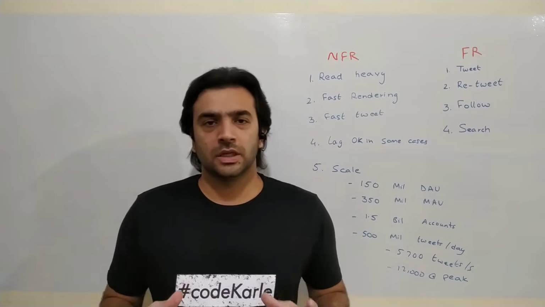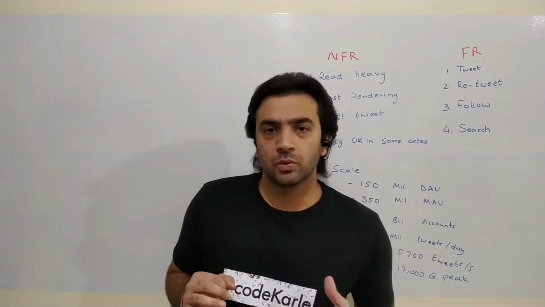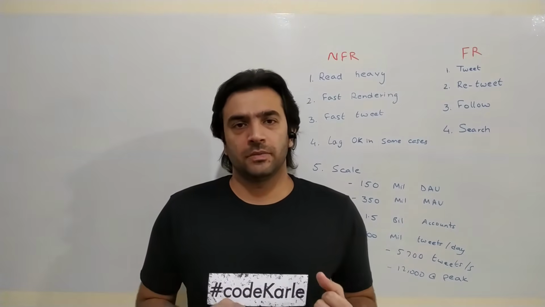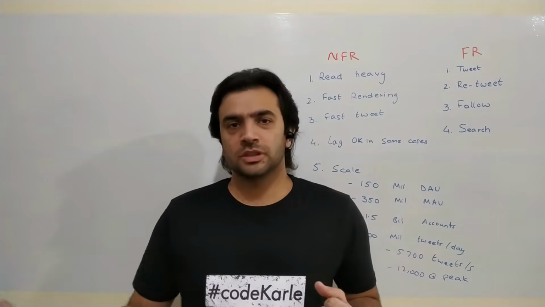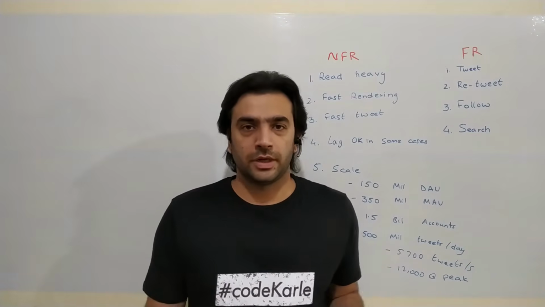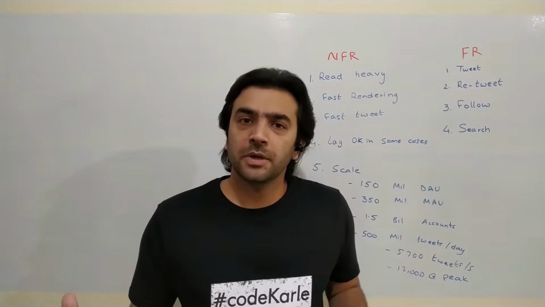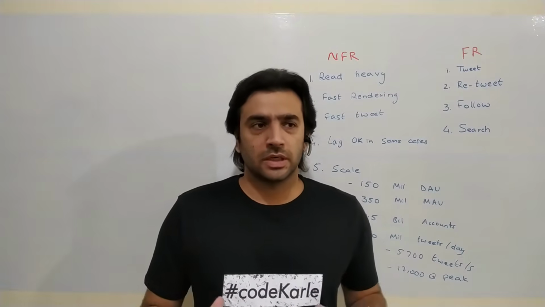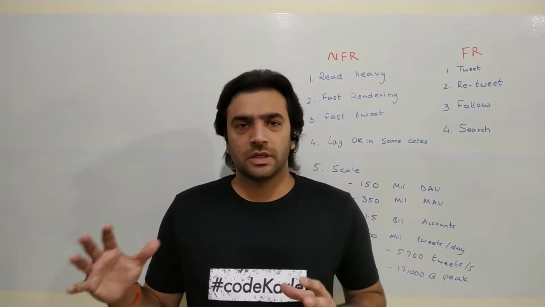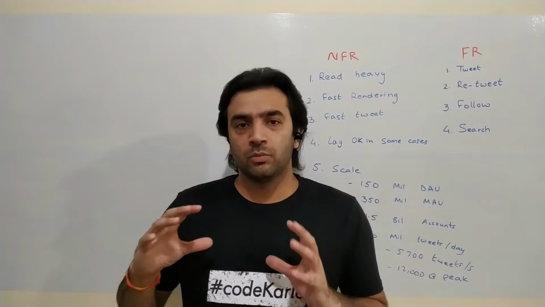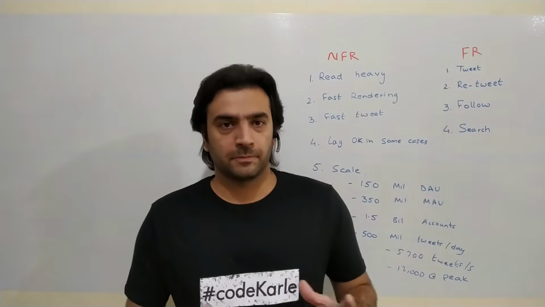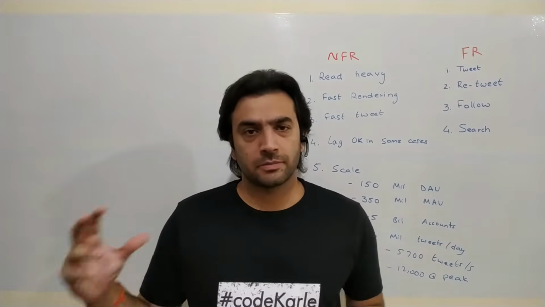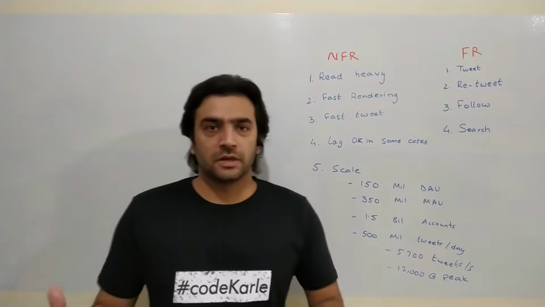From the non-functional side, one of the important things to know is that it is a very read-heavy platform. So if, let's say, one user is posting something, it is seen by a lot of users, right? So for each write that is happening in the system, there are a lot of reads happening. Statistically speaking, I don't know how correct this number is, but I've read somewhere that Twitter has 100 times more read traffic compared to write traffic. Okay, so that is one of the very first NFRs: the system should be able to support that kind of access pattern. Now, these are the list of NFRs that we'll be looking at.